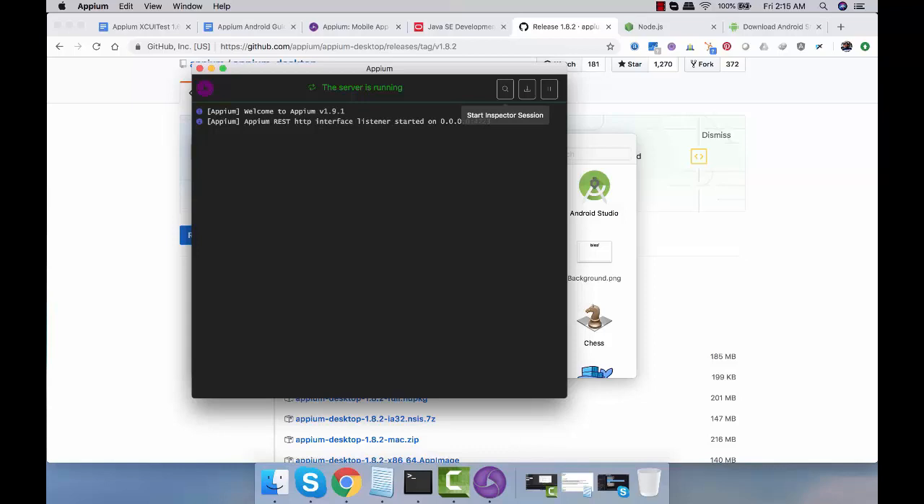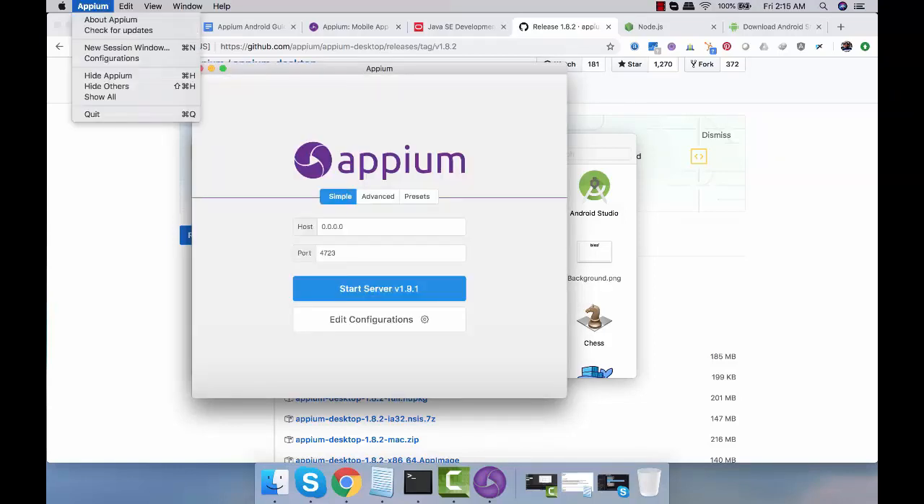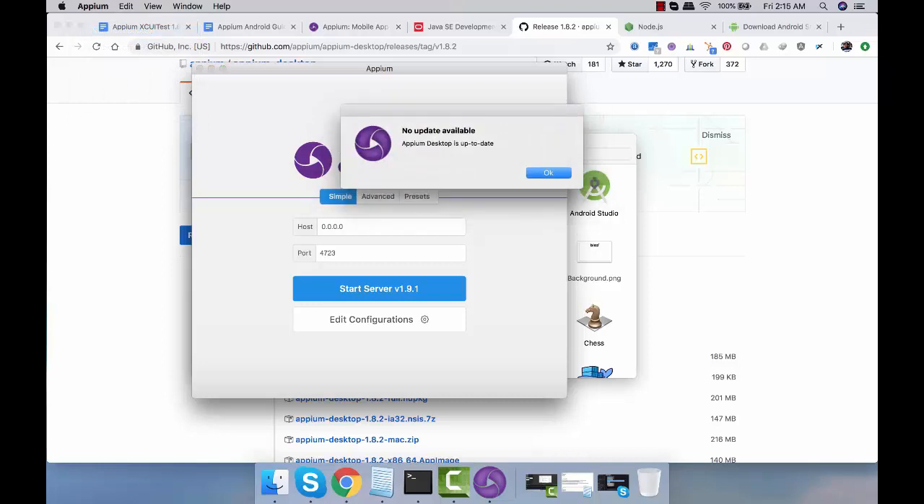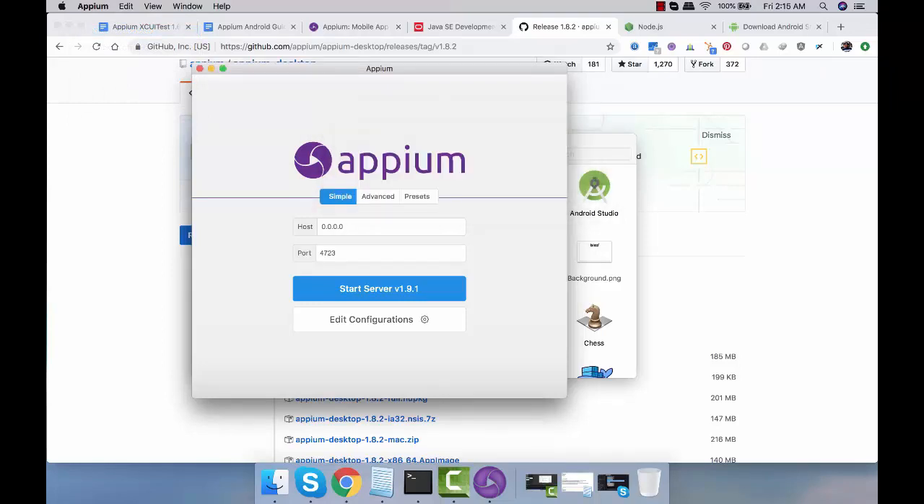Right, this is Appium Inspector that we're going to look at later on. But this is your latest Appium GUI, the Appium server. Right, so you can check for the updates. This should be the latest one, so there should not be any update available. Right, so these are a couple of the things. Then we're gonna